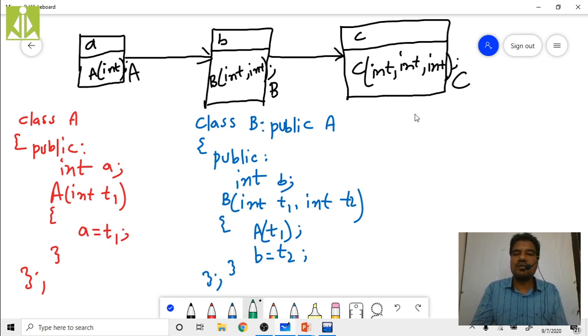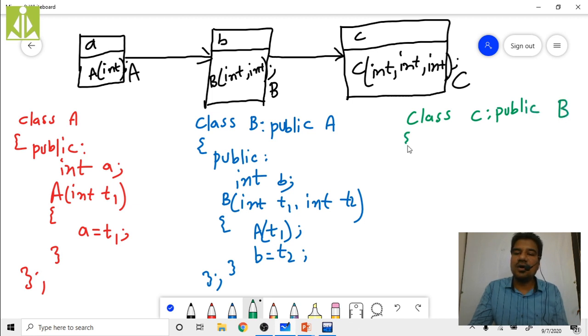Now the third class I'm writing, that is class C. Class C, inheritance operator, and I want to derive this class C from B class.